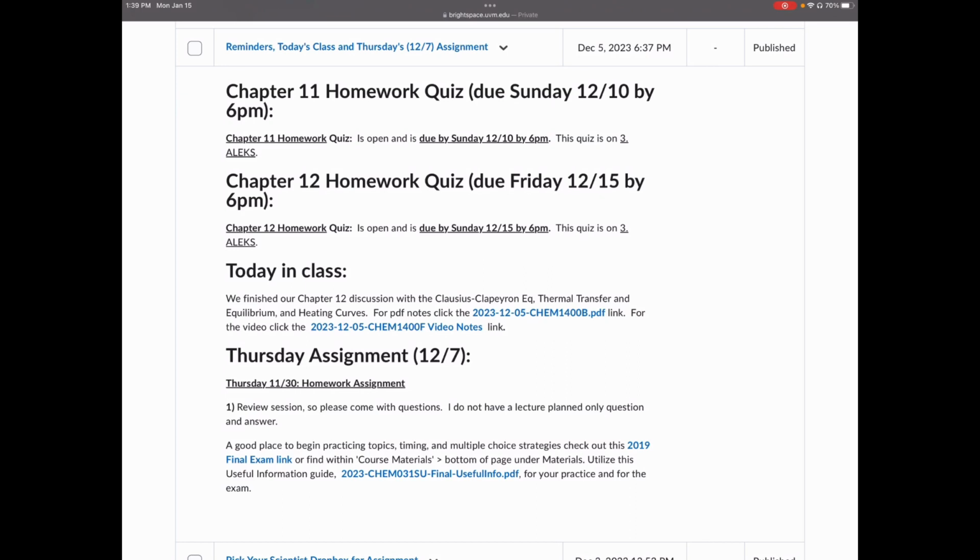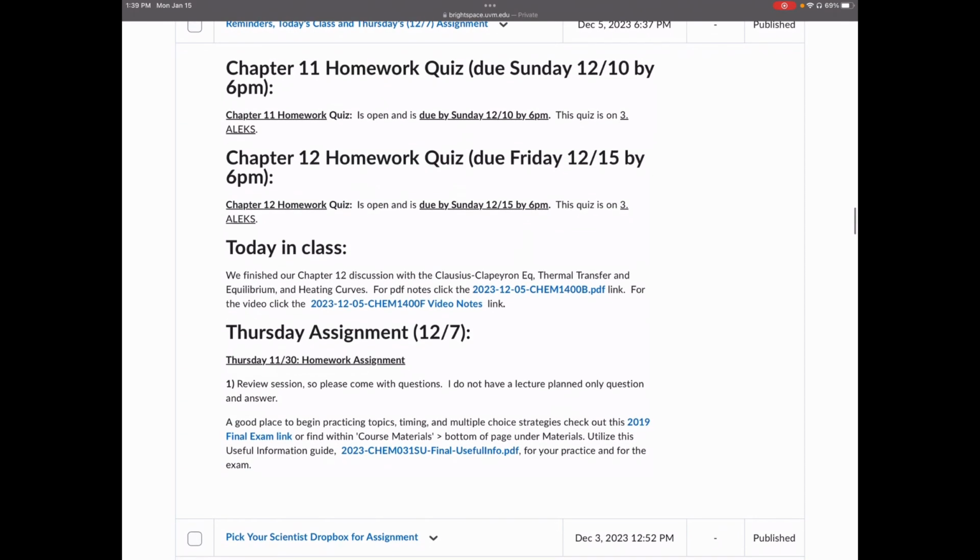And then we tend to see not only reminders about quizzes or upcoming exams, but I'll say, okay, this is what we did in class today. For instance, we finished chapter 12, discussion of the Clausius-Clapeyron equation, thermal transfer, etc. I also give a PDF link, which we see in blue, to the notes that were done in class, as well as a video notes link as well.